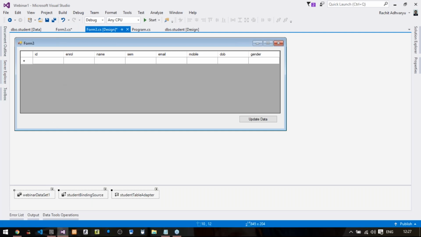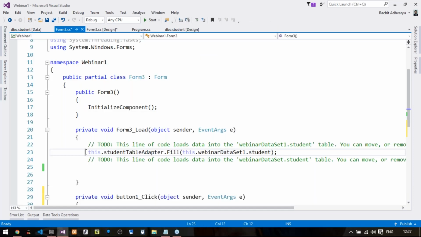This is the binding source, a connection string, and this is the backend table generated by your grid view, right? When you executed this form, this code was automatically created by your data grid view, which says that in the backend, the table should be filled with this data set that contains this particular table, that is the student table.